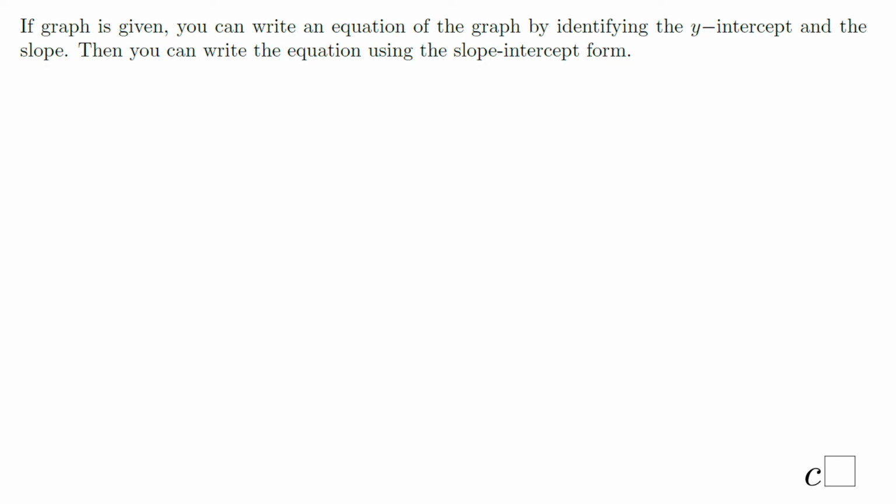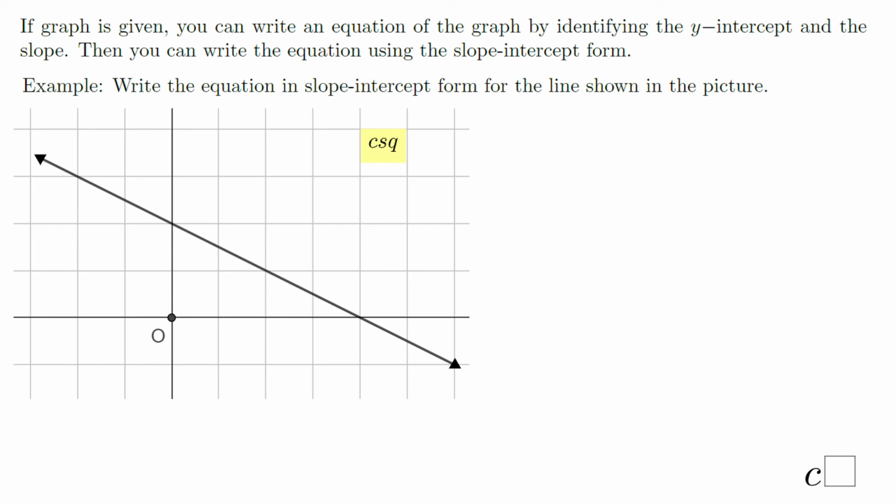The last part of this lesson is going backwards. What do I mean by that? Sometimes you're going to have a graph given to you and you are going to be asked to write the equation. In other words, identify the equation that goes with this graph. So first thing you want to do in this example, or any other like this, is identify this point, the y-intercept, right? This point is 0 and 2. And in fact, what I'm going to need is just that 2,